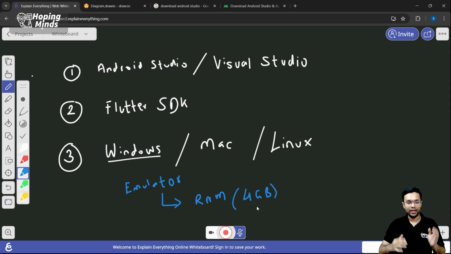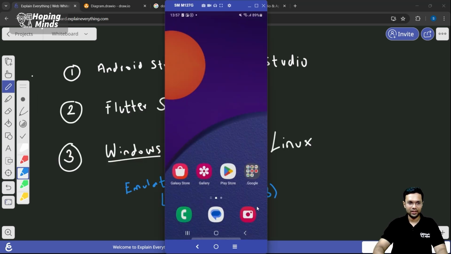Given the circumstances in which I'm recording this, I have a lot of devices connected to my computer. I have a good webcam with which I'm recording, a microphone with which you can hear me talking, and also a pen tablet with which I'm writing on the screen. All these devices cumulatively draw power from my RAM. If I create one more emulator, that's a 4 GB cut on my RAM. Hence, in order to save my precious RAM, I'm going to stick to my own real device